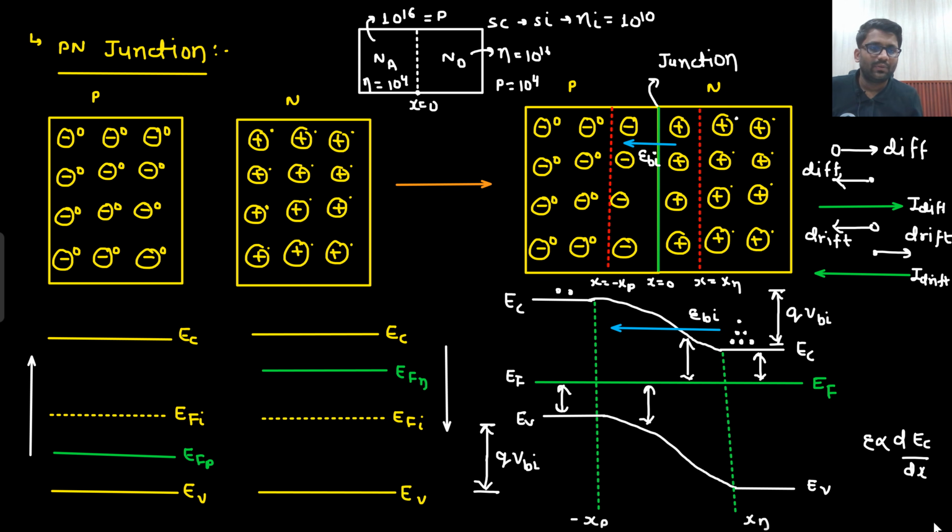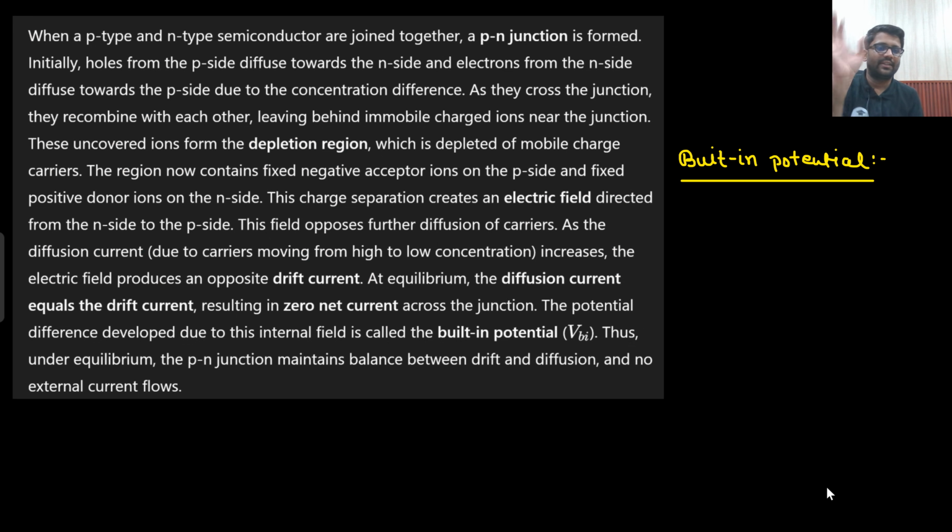So now what will I do? I will derive the formula of built-in potential. What is the matter of concern for us? Built-in potential. Along with that, I have written down the theory as well, so you would be able to understand the theory. Just read line by line. When a p-type and n-type semiconductor are joined together, a PN junction is formed. Initially, holes from the p side will diffuse towards the n side and electrons from the n side will diffuse towards the p side due to the concentration difference. As they cross the junction, they recombine with each other, leaving behind immobile